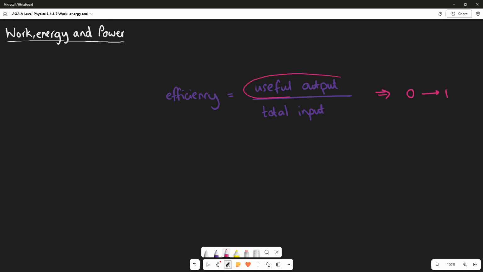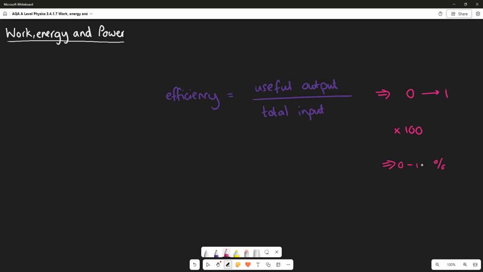If the useful output is exactly the same as what you put in, then you get a value of 1. But if the useful output is less than what you put in, you get a number less than 1. If you multiply your answer by 100, then what you're getting is a percentage